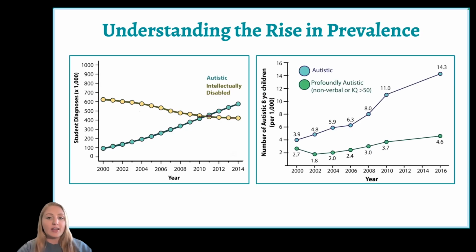The graph here on the right adds to this understanding, as we see that the diagnosis of profound autism, in green at the bottom, has leveled off for the most part, while in contrast, the rates of non-profound autism have continued to climb. So, if we were truly in a quote unquote autism epidemic, wouldn't we expect to see the rates of profound and non-profound autism both be rising? Yeah, probably, but that's not at all what we're actually seeing.